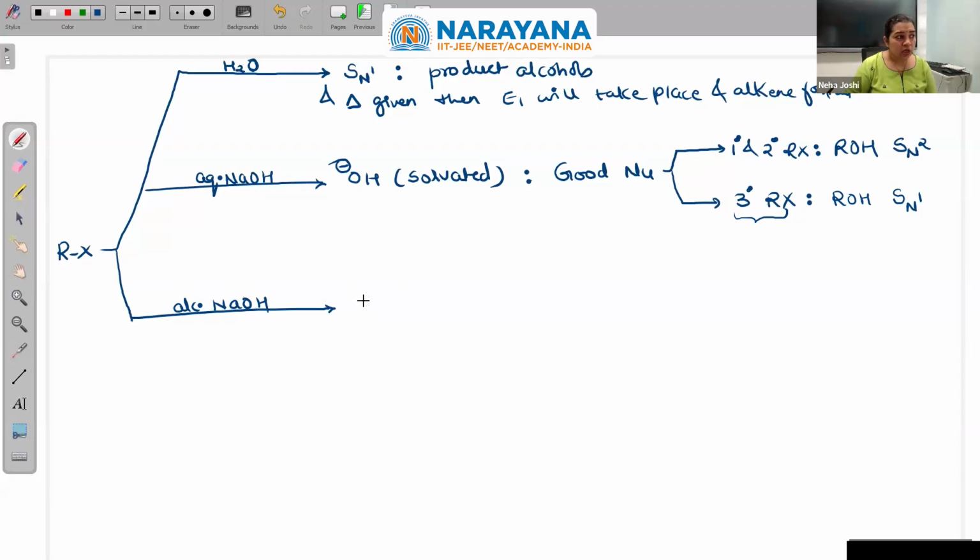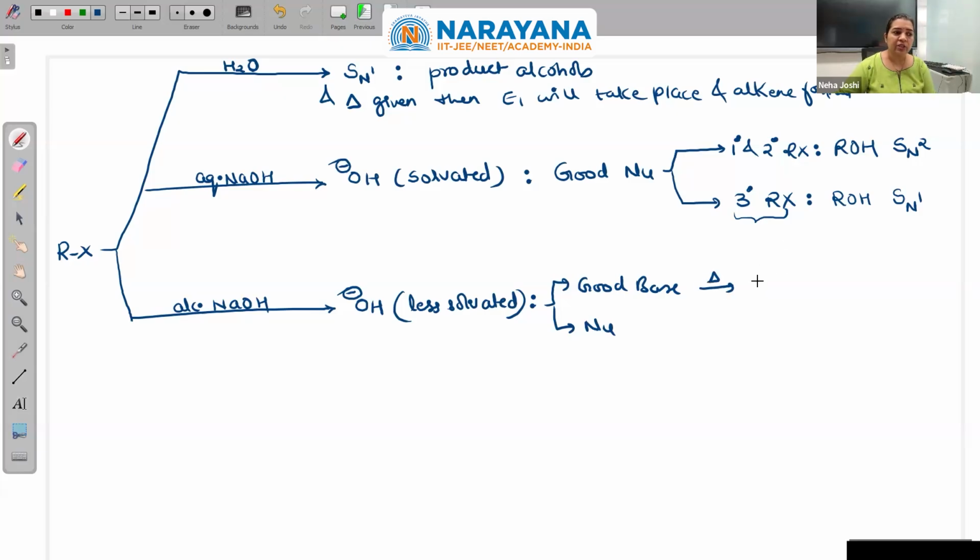Now, if I go to alcoholic KOH, still my attacking species is OH minus only. But alcohol being less polar protic than water, I will say less solvation. So the alcohol is not surrounding OH minus to the extent water was doing. As a result, this OH minus is stripped off its support system. Okay, its support system was water. It has been removed. So this OH minus can now act as a good base as well as a nucleophile. That is a possibility. Okay, but its basic nature is improved,